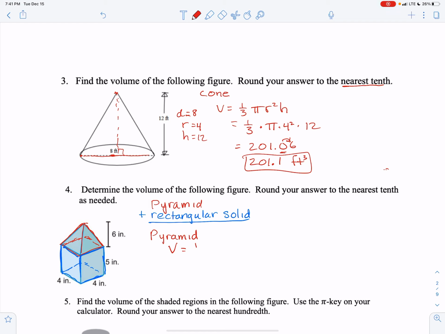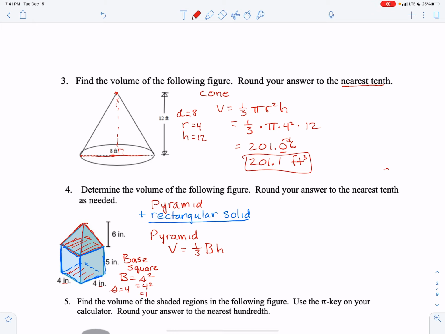the volume is 1/3 B h. Now this is a capital B, which means the area of the base, times the height. So in this case, our base is going to be the same base for the pyramid that we have for the rectangular solid. So it's a square. So that capital B is the area of a square. To find the area of a square, it's the length of a side squared. See, the sides are each 4 inches. So capital B is going to be 4 squared,